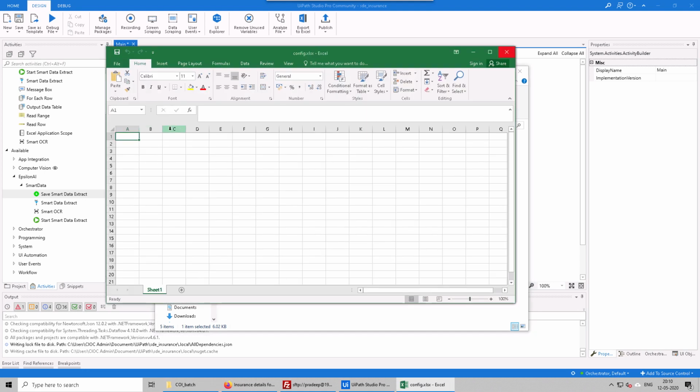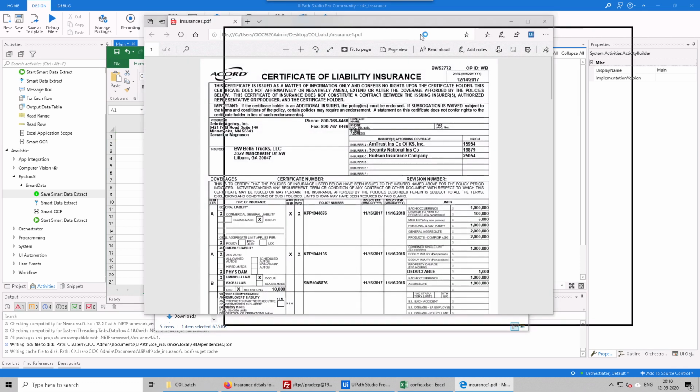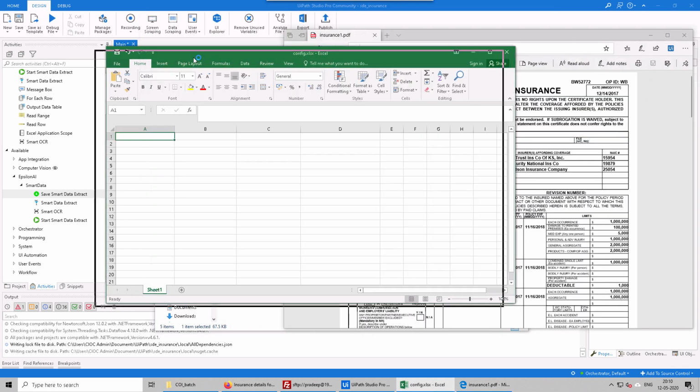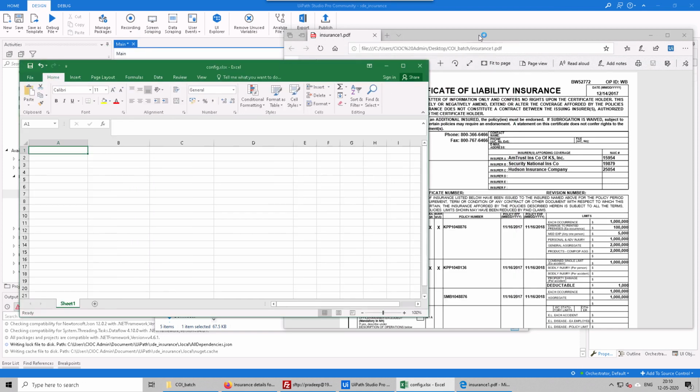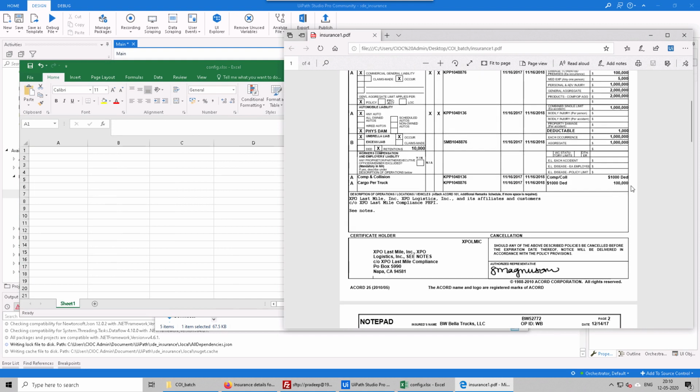Here we have to create the fields, we have to give the name of the fields that we have to extract. Let me just show you the document once again. So we have to extract the following. We want to extract the insured person, the insurer, the date, and a value.